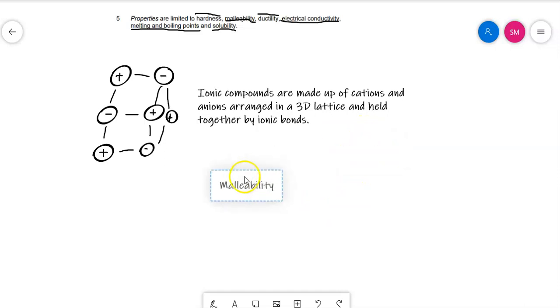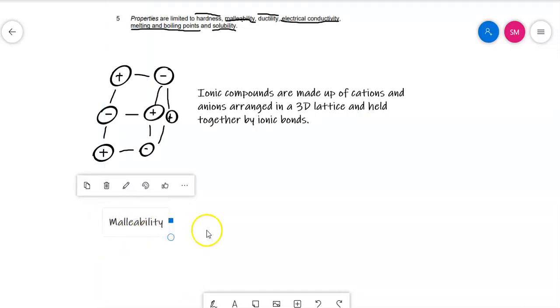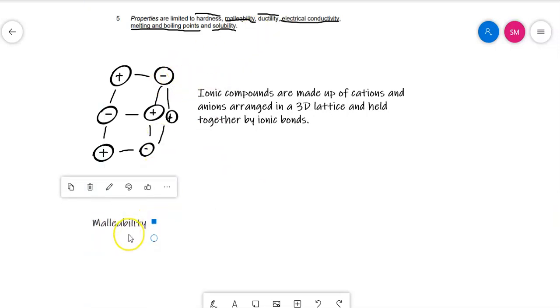So malleability is if you apply a force to something, is whether or not, if the force is large enough, whether the shape of the substance can change without the substance actually breaking. So you may or may not have tried this, but with ionic compounds, they are not malleable. So ionic compounds are brittle,